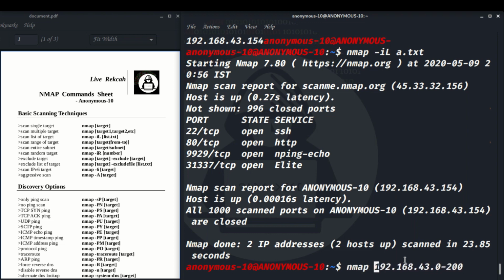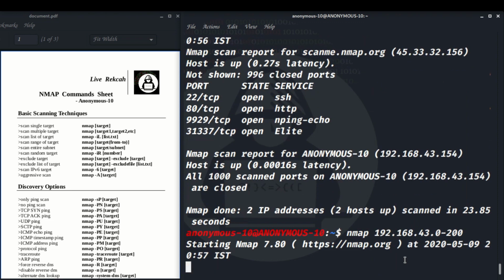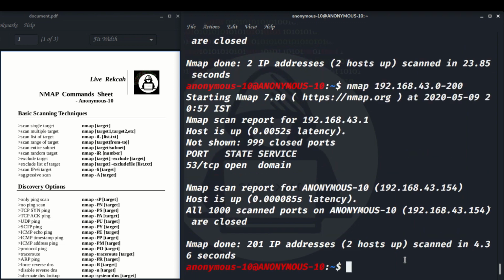Nmap, space, target. This is the target from 0 to 200. It is going to scan from IP address 192.168.43.0 onward. Sorry, wait, the result came up.